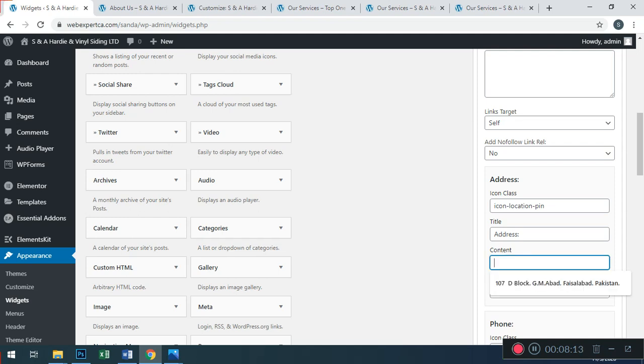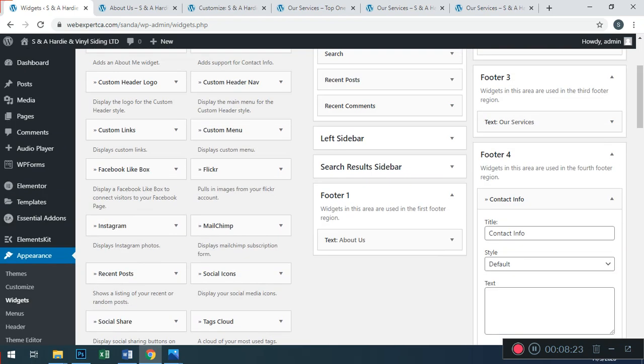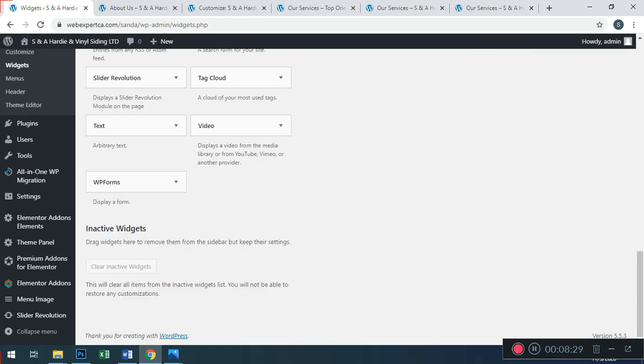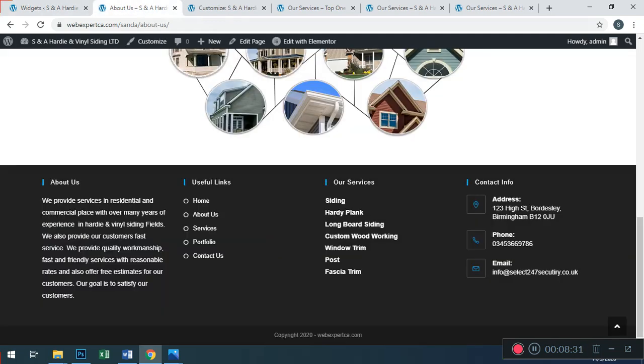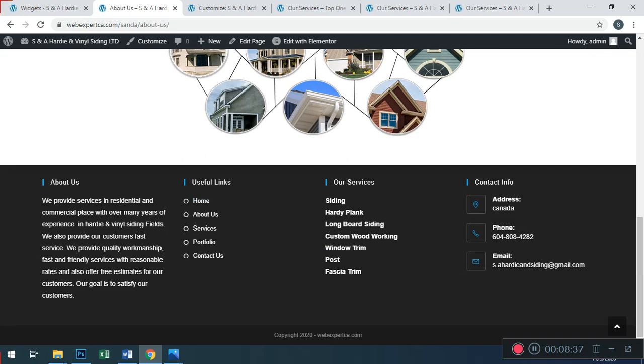This address is in Canada, because this is a company of Canada. Just complete this, save, done. After that, I am going to test what happened. Address done, phone number done, and this done.